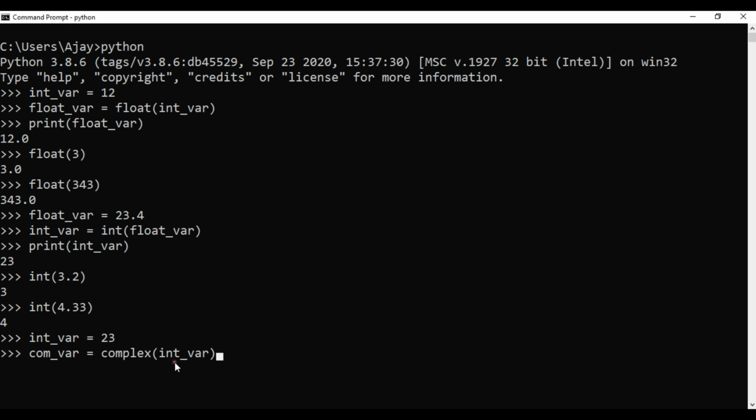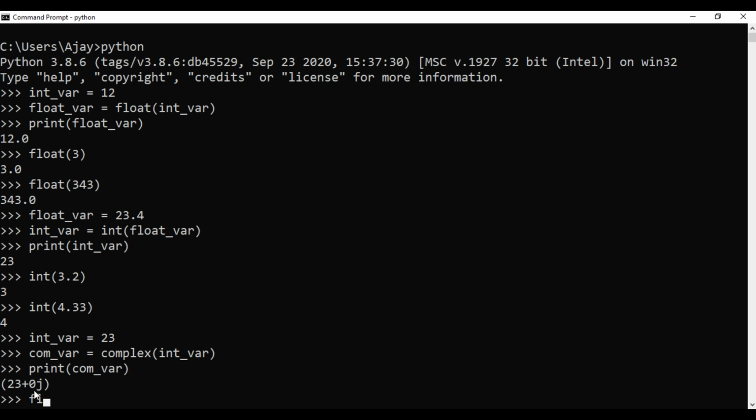This complex function will convert the integer data into complex data and then store it inside this variable. Let's see what is inside comvar, and there you go, you will see 23 plus 0j, and that is a complex number.